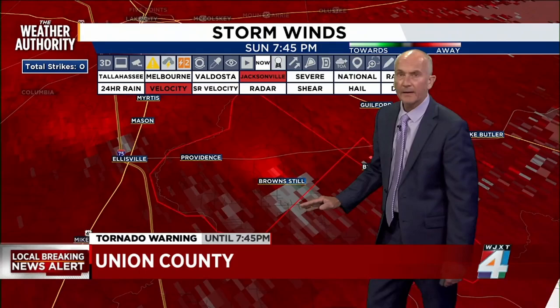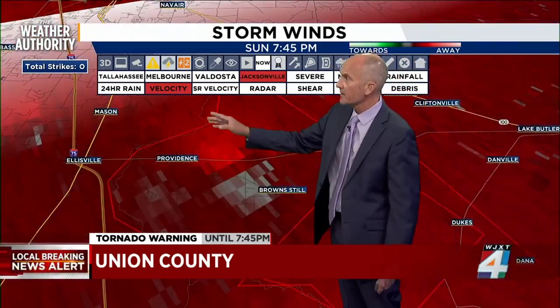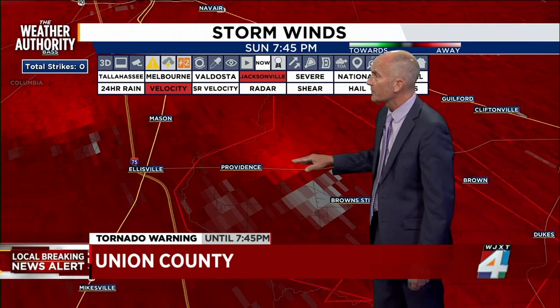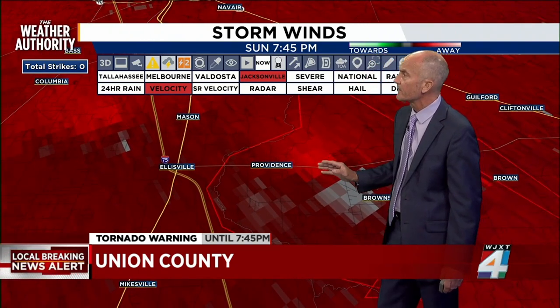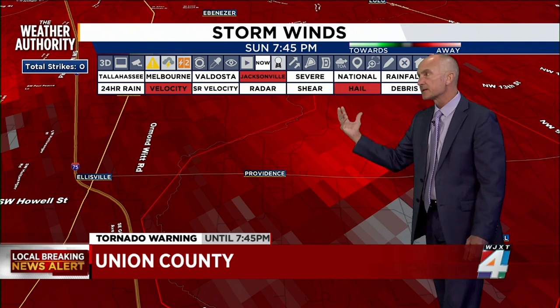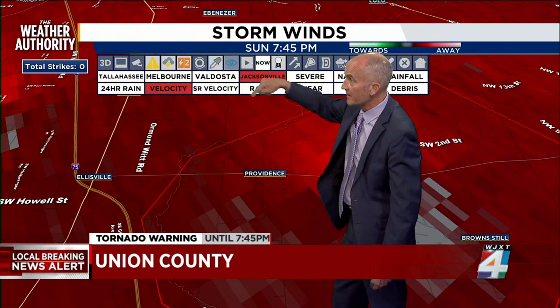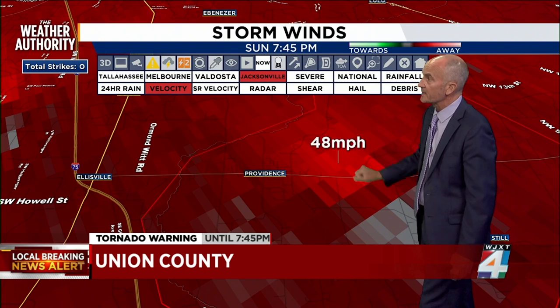Here we are at 7:43 and change, getting ready to cross over, and I was just going to say we should have an update coming through any minute. It usually takes about a minute from what we're watching. The radars go through their process, gets back to the computer, and we get the update. And here we are, like I said, that this should be crossing over the box by the time we get